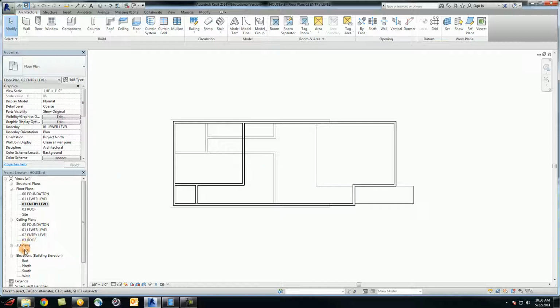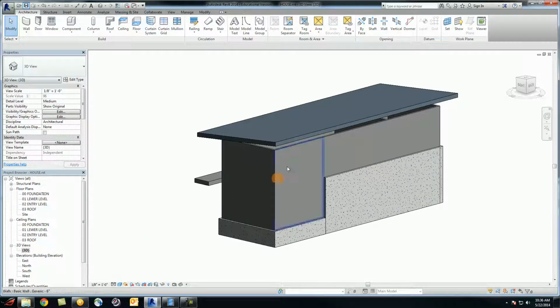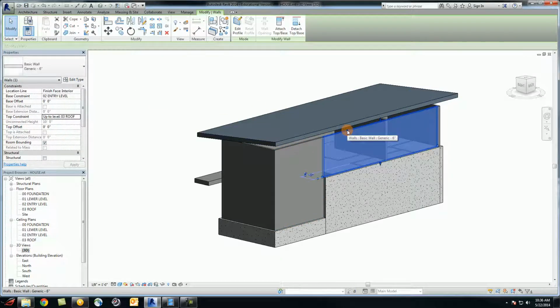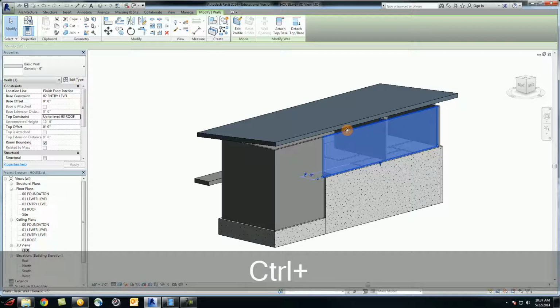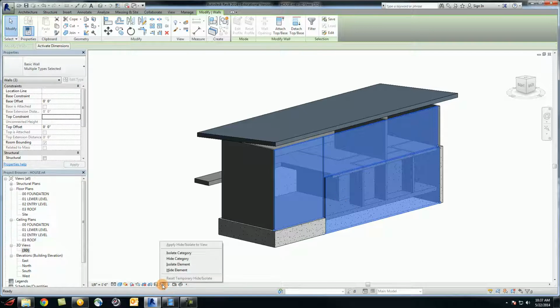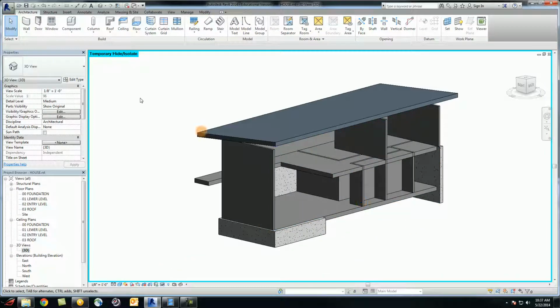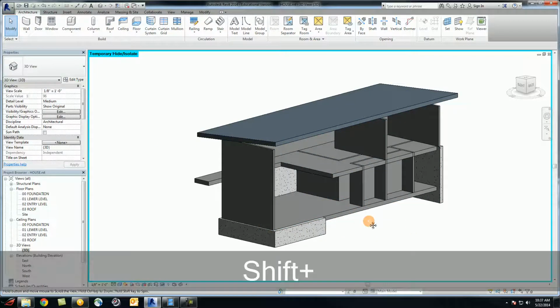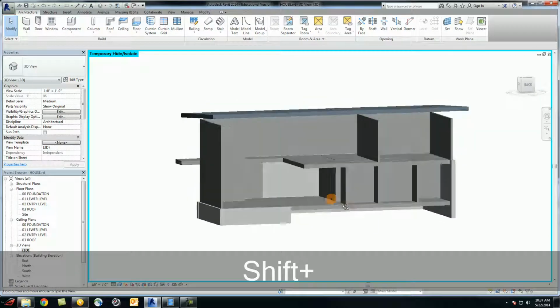And now we can also go to 3D view, hide one of the exterior walls, or maybe a couple of the exterior walls. In Excel and then Revit, you can pick multiple walls or multiple elements by using the Control key. Press and hold the Control key. Pick those elements. I pick 3 pieces of walls here. And hide element. Now we turn it. As you can see,